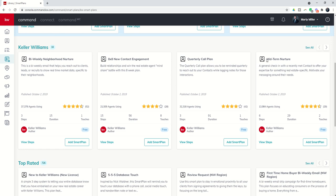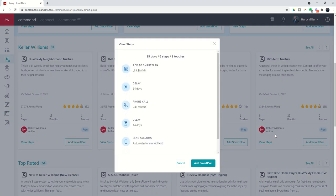Next, I wanted to show you the Midterm Nurture SmartPlan, the 4th one over here. We're going to view those steps. Now, while it says that this is a 29-day plan, it's actually a 3-month plan. And the reason being is the first thing that it does is it adds the client to the bi-weekly neighborhood